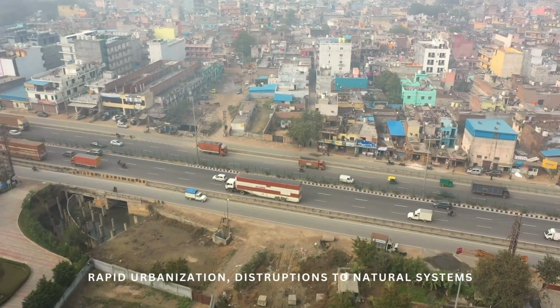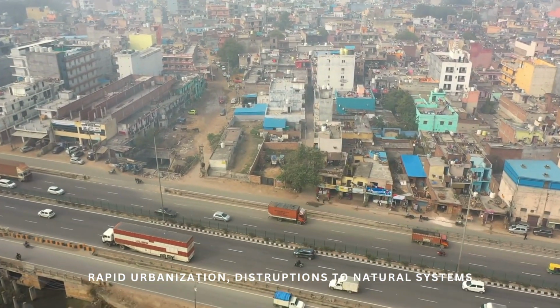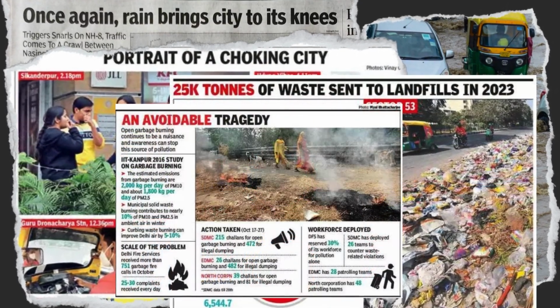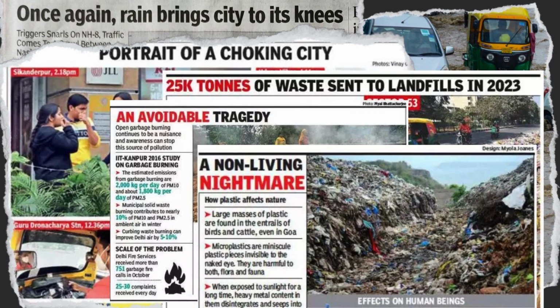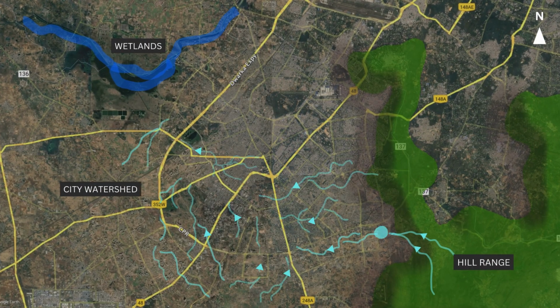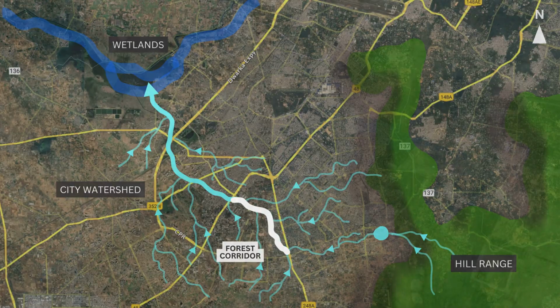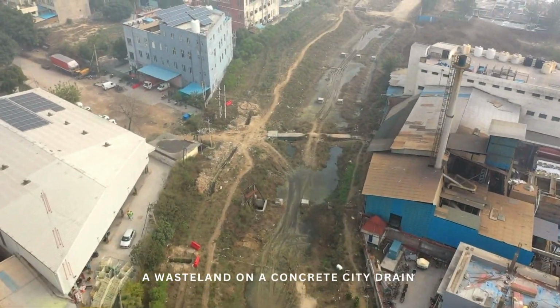In a city witnessing rapid urbanization, disruptions to natural systems have resulted in frequent flooding, increasing temperatures, pollution, waste accumulation, and loss of vital open spaces. The 5.6-kilometer forest corridor was once a natural water channel, later,